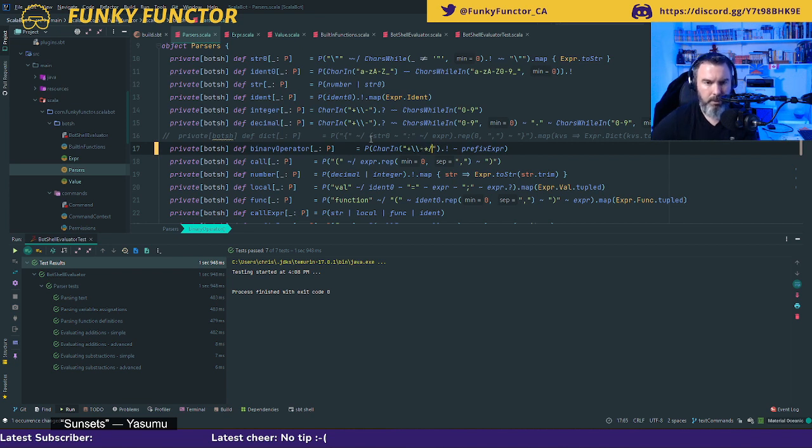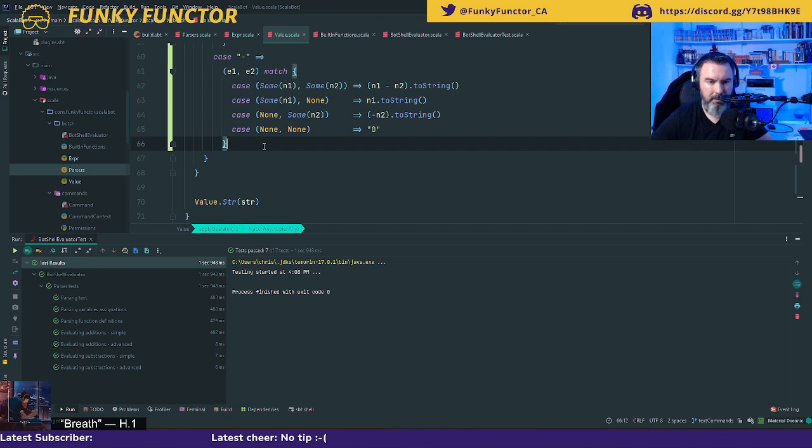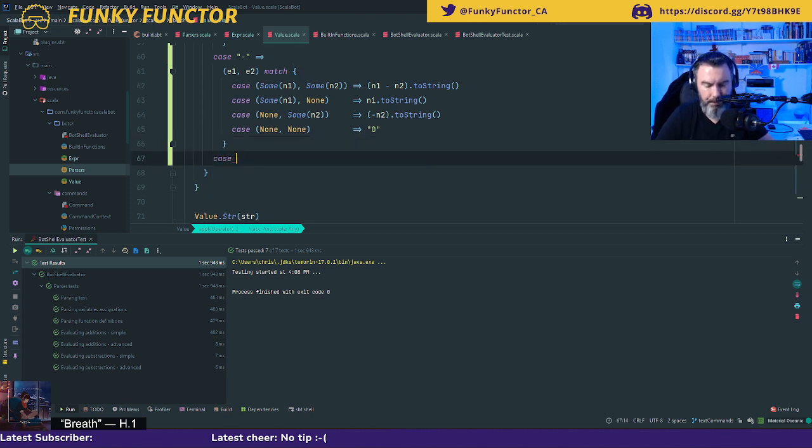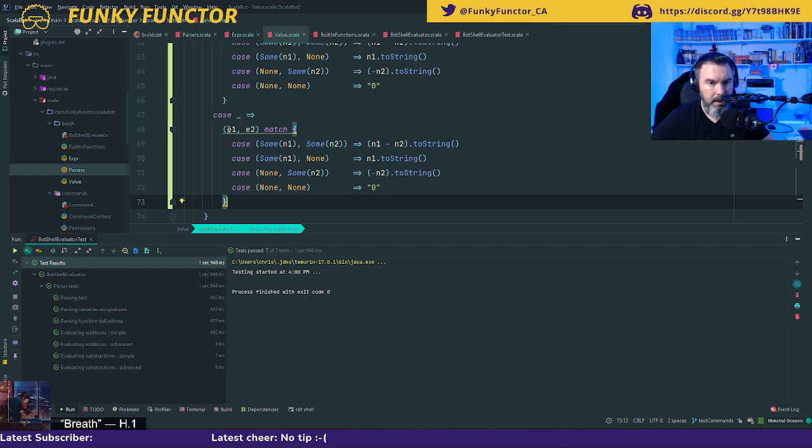Okay, so now I just need to go back to my values. When I evaluate, I want to have a case like this. For now, I'm just going to leave multiply as the default. So here, E2 and E1. If both of them are numbers, I want to return this multiplied.